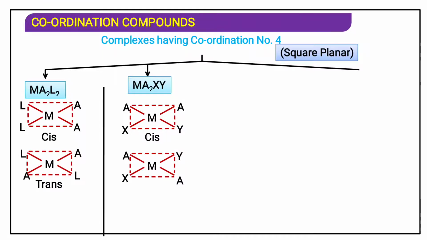Listen carefully students, here there is a typing mistake. As I told you, for a cis configuration we have to draw the horizontal line on the metal and see this is one plane and this is another plane. So as it is a cis configuration, it should be in this way. This A should be over here, so this will be in the same plane. Try to understand, just imagine that this A is over here in place of X.